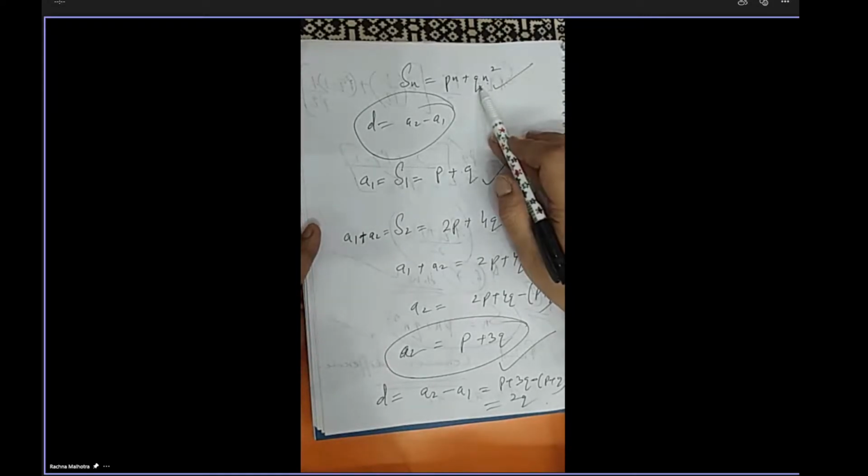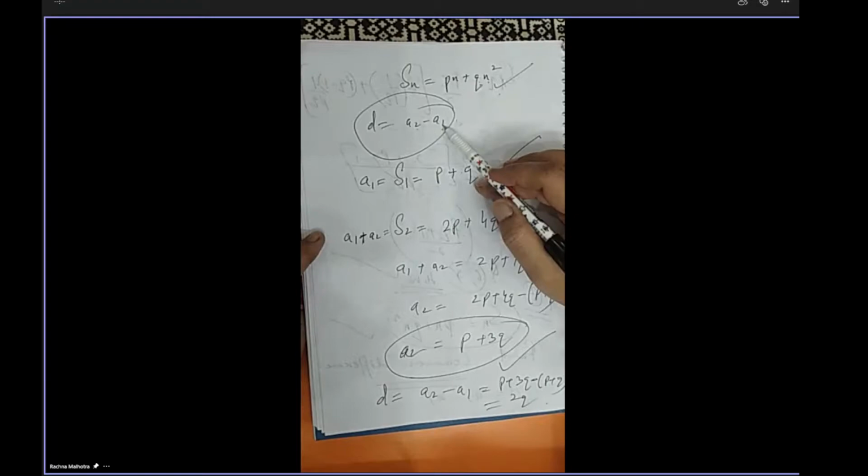Now question number 9. Shall I explain it again? Sn is already available. You can see this is Sn. With the help of this Sn, we have to find, Sn means sum to n terms, we have to find common difference. The common difference can be calculated with A2 minus A1. हमको पता है common difference A2 minus A1 होता है. How can we find A2? Let us start finding A1 first.